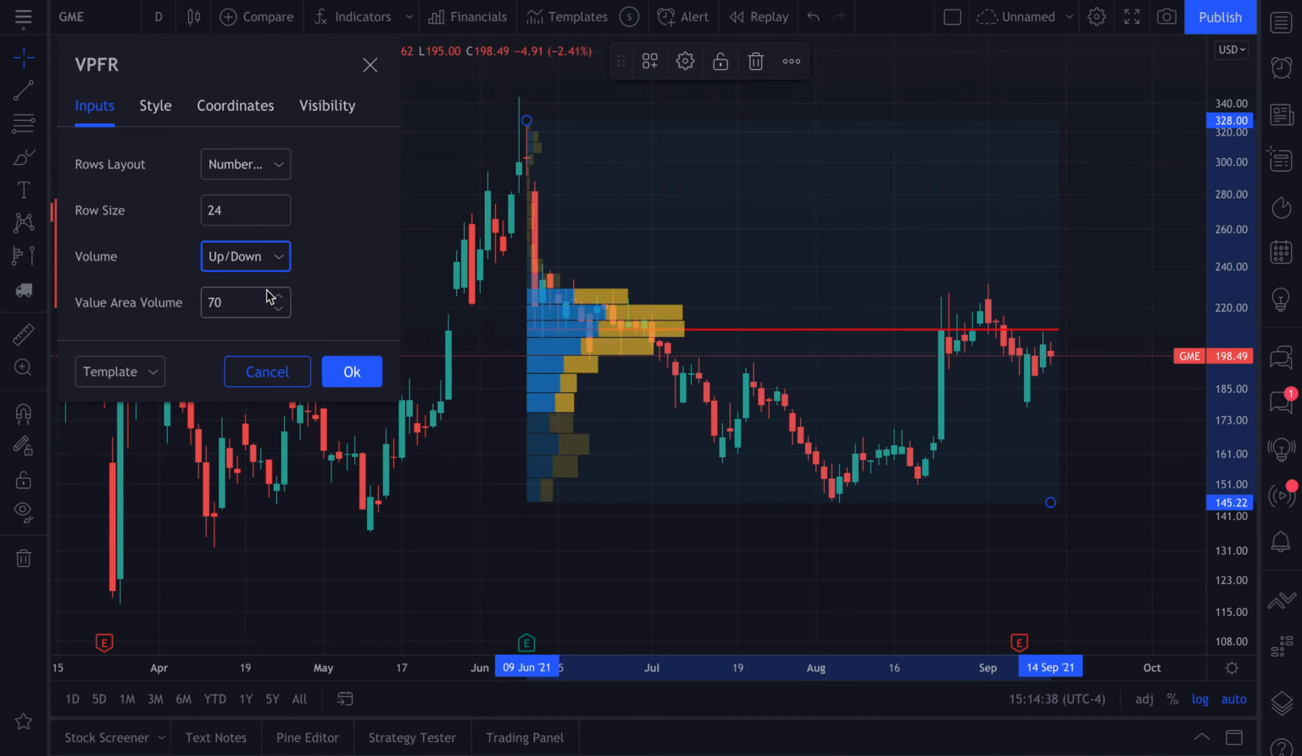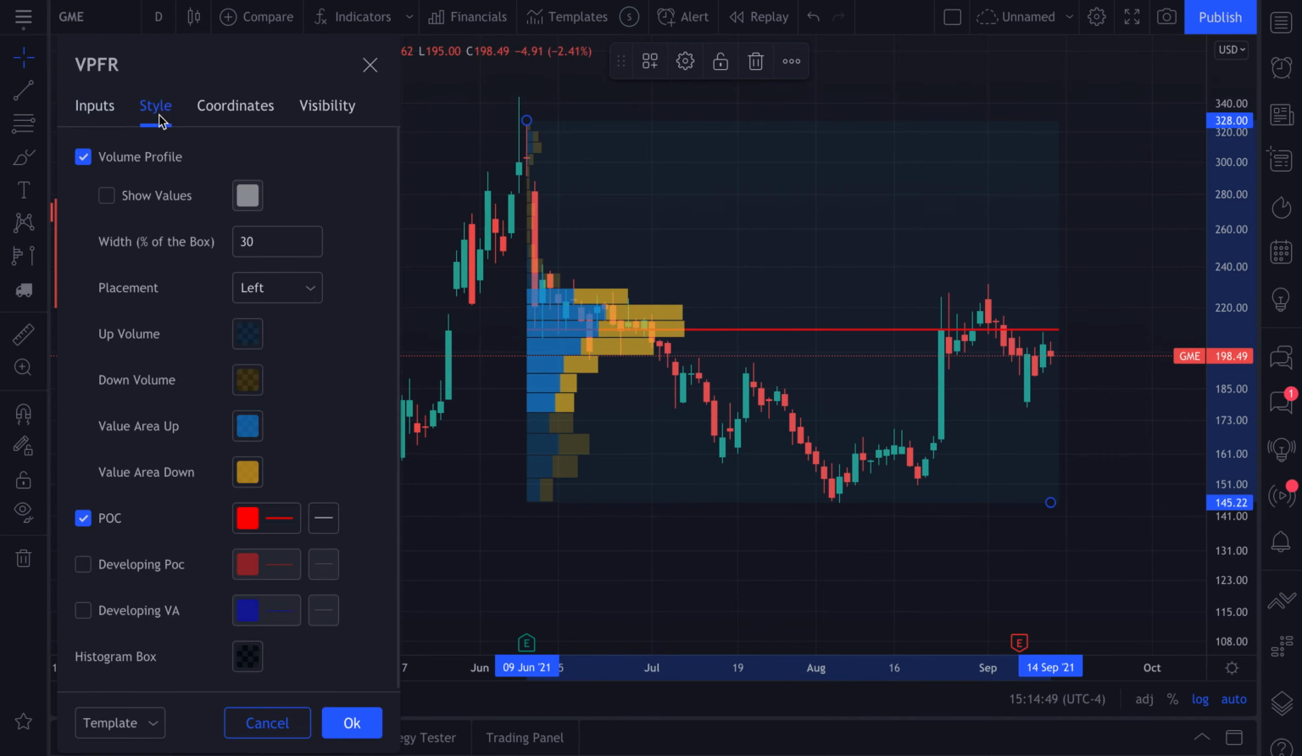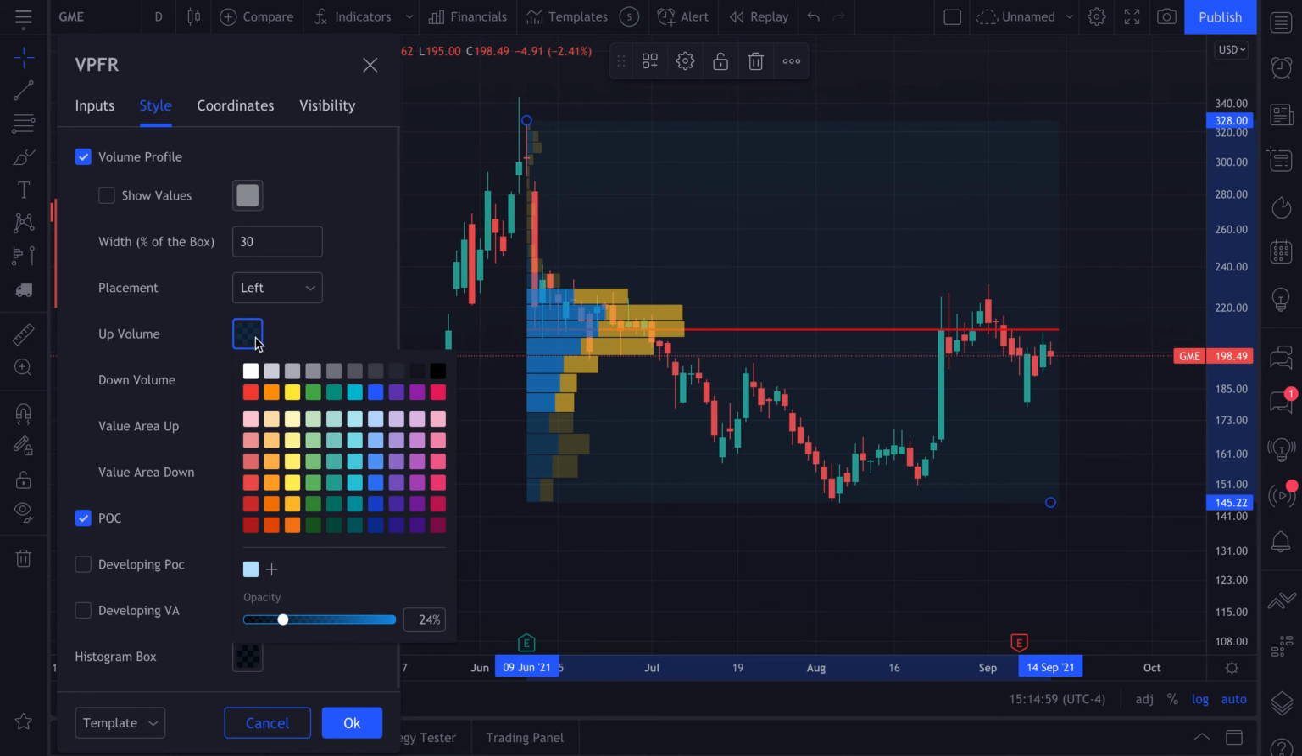Then there's up and down volume, and this will break down the total volume by the trades that were recorded on an up move versus a down move. And if you go to your style, you'll actually see these two color codes here that say up volume and down volume. So you can click this button here and change the color codes for this up volume or down volume. For example, if you do click this purple,